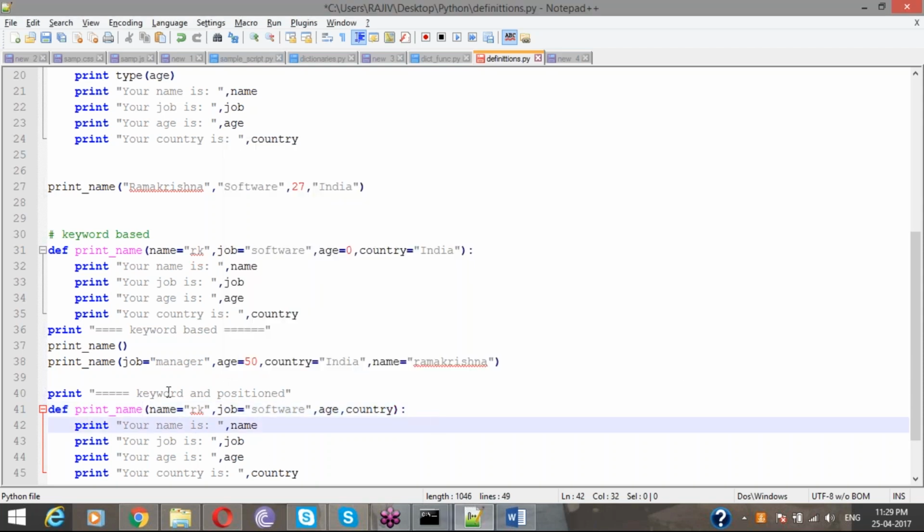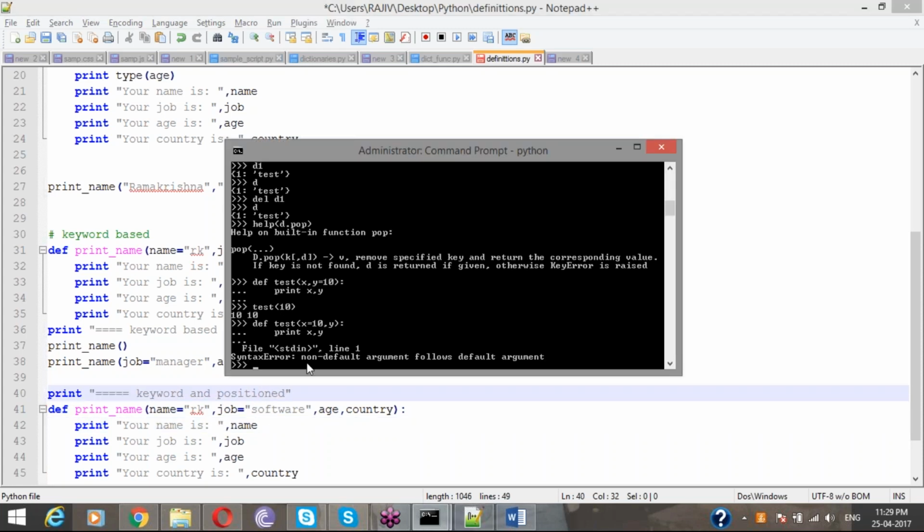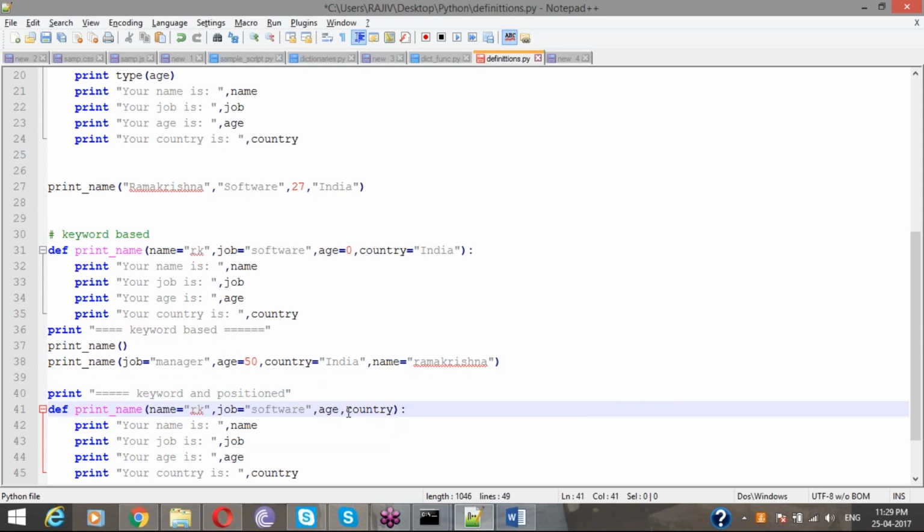Yeah. So you can give the combination of both keyword and position arguments, but the position argument should be given first. After that you can give the keyword arguments. So like this. If you want a position argument, here I'm not giving anything, so this is like a position argument. I'm not defining it as a key value. Then these two I have to give